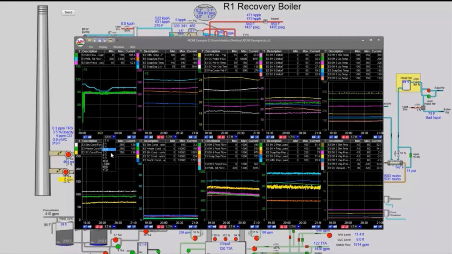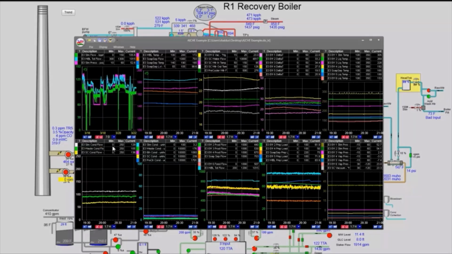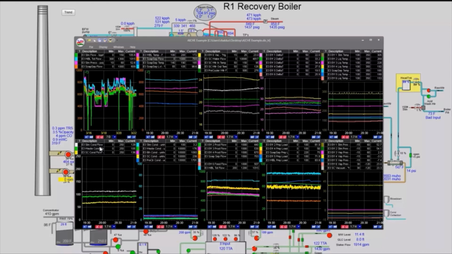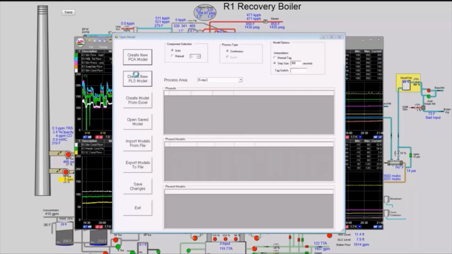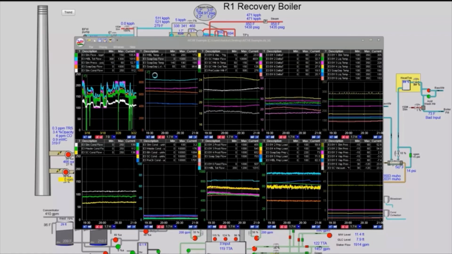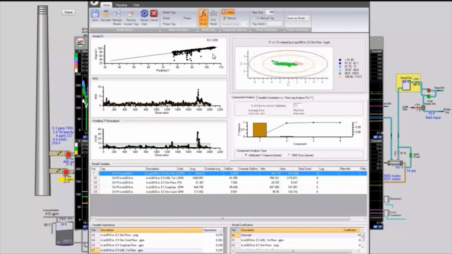So in order to work around this, we're going to build a soft sensor. First, we're going to get the data into the time span that we want, and then we'll add a few tags to it so that we have what we think are all the relevant inputs. Once we do that, it's pretty quick to build a model. We'll choose PLS. Once the model is built, up at the top we've got a good R-squared of 0.891. And at the bottom, all of our variables have pretty similar importance. So we know that our inputs are pretty good.